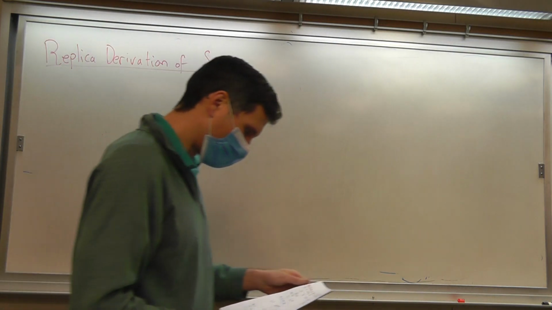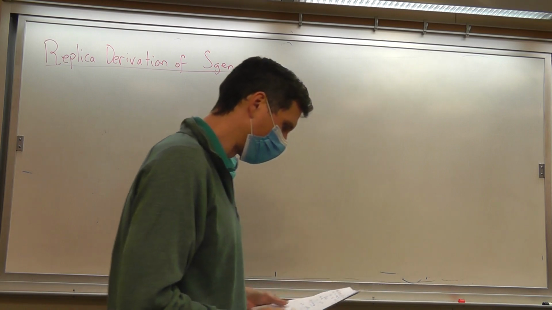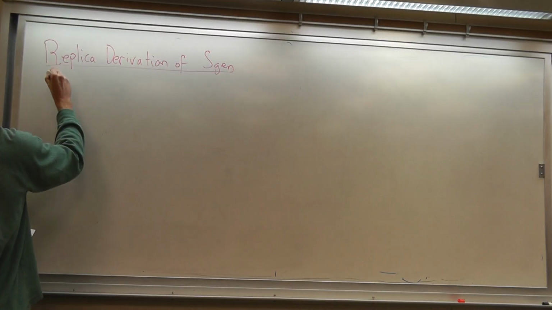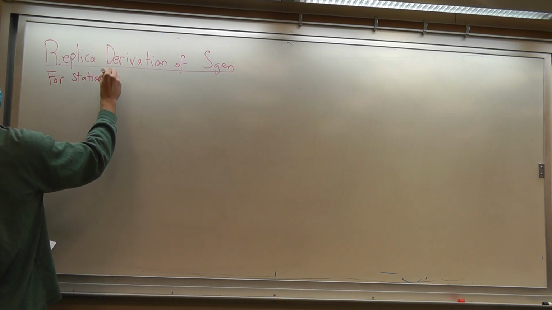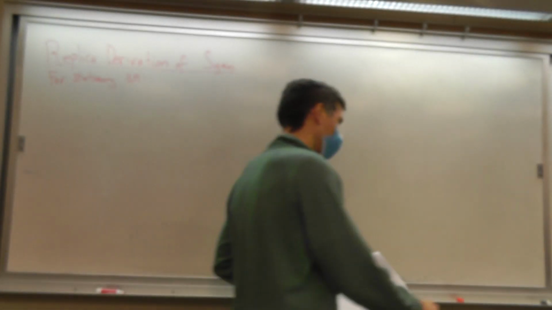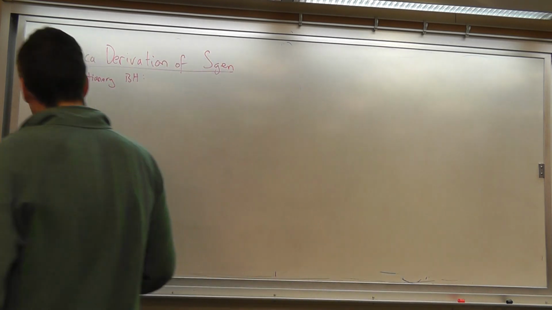So we talked about generalized entropy last time. And we're going to conclude that discussion with a derivation of the generalized entropy for a stationary black hole. So what do I mean by a derivation? What I mean is that